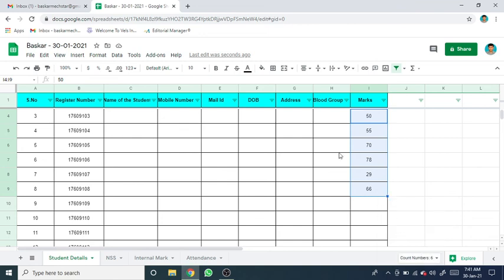Then similarly the number count. Here, total how many students, 1 2 3 4 5 6, like that. If a few rows are available, we can easily count. For example, if 1000 data are available, it is very difficult to count. So you just select all the rows, and if you click the button here, we can see the number of count. In that, what is the maximum mark, what is the minimum mark, like that all the data will show easily.